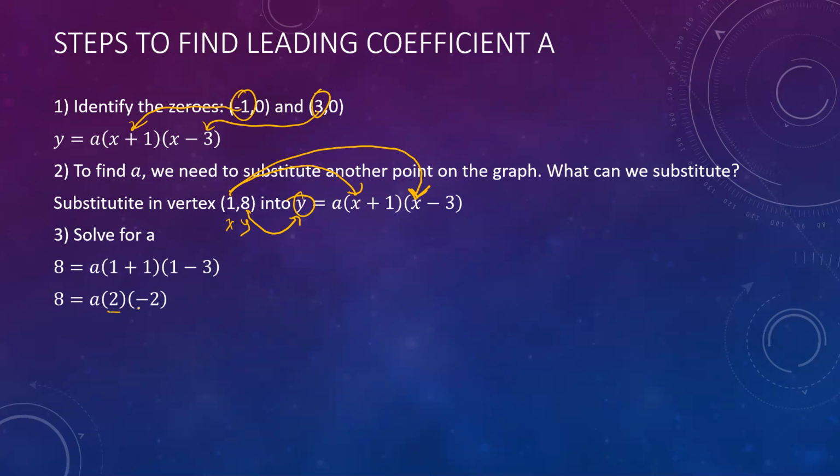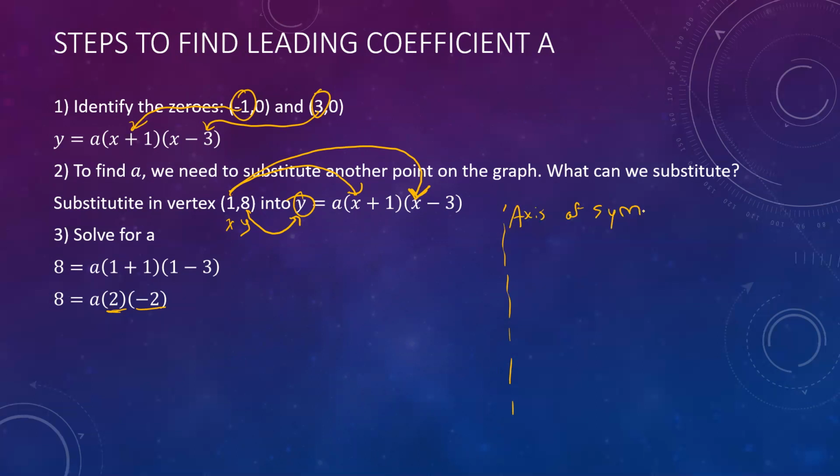By the way, when you try to find out what the leading coefficient is or what the vertex is using this method with factor form, you'll often notice that when you sub in the vertex, which is not just any point, the values are going to be exactly the same but with opposite signs. That's not a coincidence. Think about it this way. The vertex is going to be the same distance away from the two zeros, right? Or whichever two zeros you find there. So the only difference is that one of them will be positive and one will be negative, because you know that the vertex, if this is the axis of symmetry,